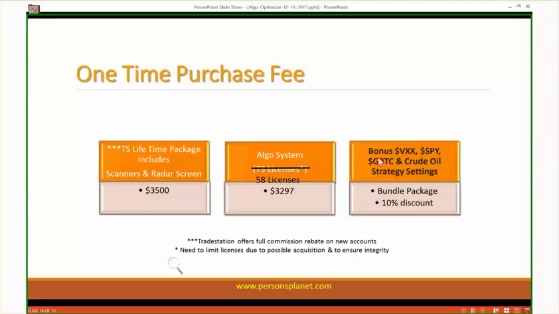Now, we're down to 58 licenses. That's a very important number right there. And the reason we're down to 58 licenses is because we need to limit this due to a possible acquisition that's in the works. I've said this before, and it's very serious. We're saying it again. This version here, we've made some headway, some strides, but we have permission for the amount of licenses that we agreed that we would only sell.